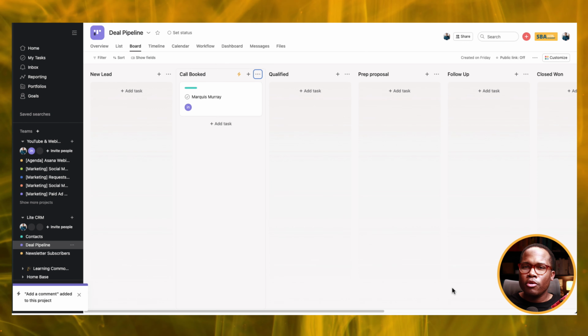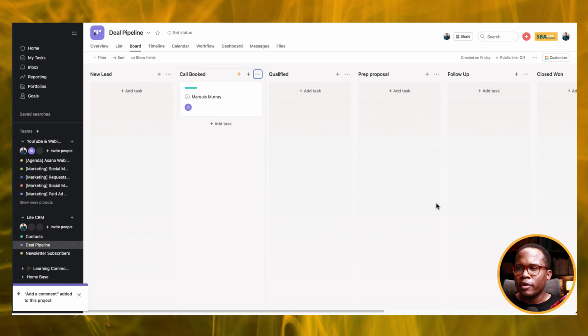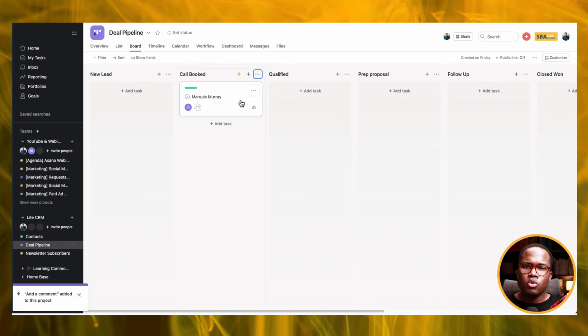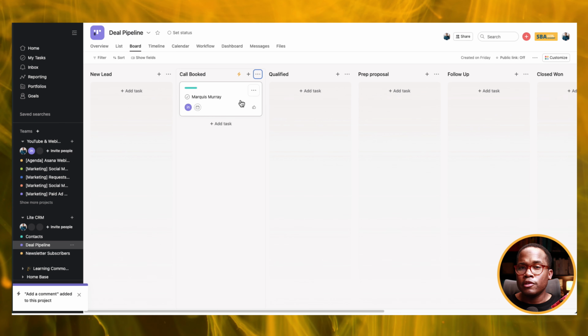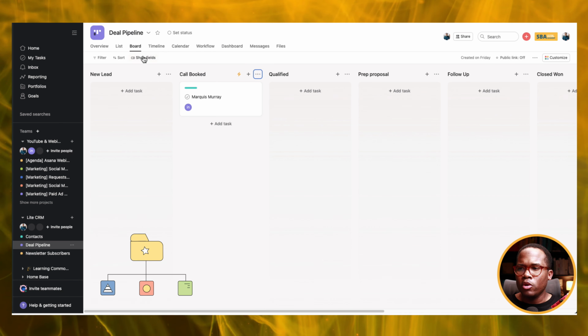So I'm not going to go through all the different kinds of rules. I have lots of videos on how to create rules, but just think, as you move through the stages, how automated do you want this to be? How much do you want Asana to work for you versus you having to do all of that different manual upkeep? And so what I'm going to do now is I'm going to add a few more custom fields